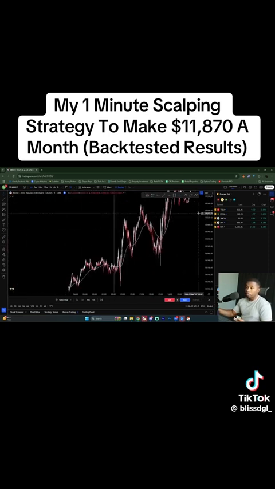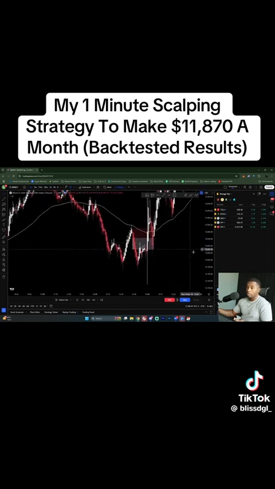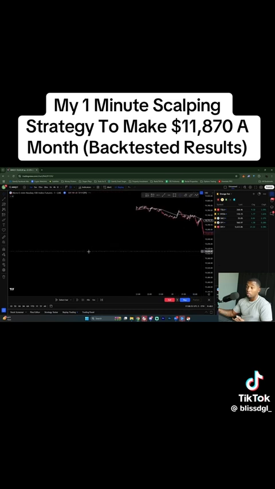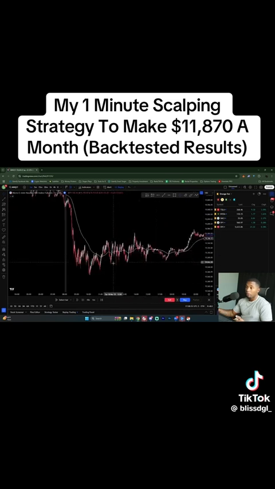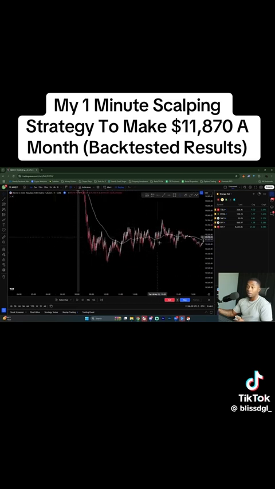Now let me show you guys some examples from the day before. So we had another trade right here that I did during the backtesting. Same thing, price bounced off the moving average, gave us a high volume doji to the downside. This trade hit within 1 minute, within 2 minutes. We can go to the day before. This is a super choppy day. As you see, price was just going up, down. This is why this strategy is